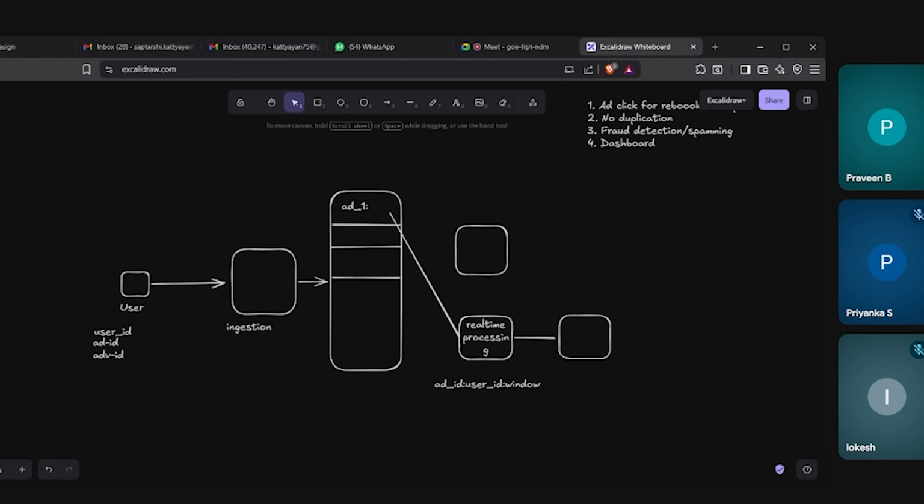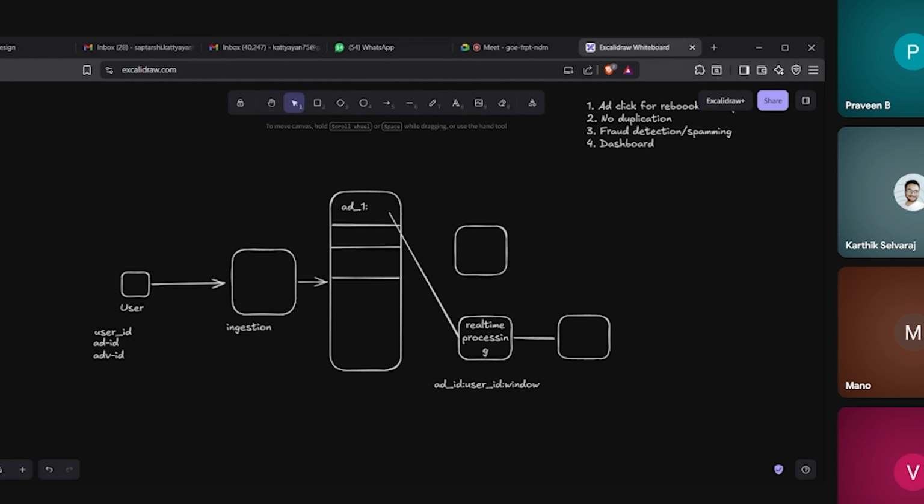WebSocket would mostly be used for bidirectional communication, and here the ingestion service is just going to push the data to Kafka or Amazon SNS. This system does not need to respond back to the ingestion service, so there is no need for bidirectional communication. Yeah, you're right. WebSocket is majorly used for client-server architecture, and you can use WebSocket for showing the clicks on the dashboard.